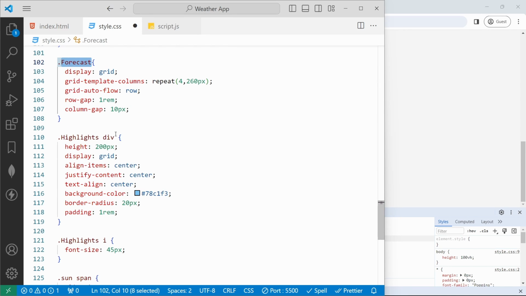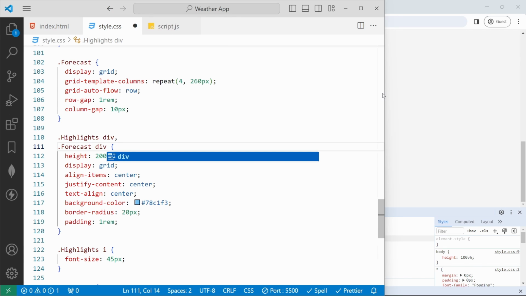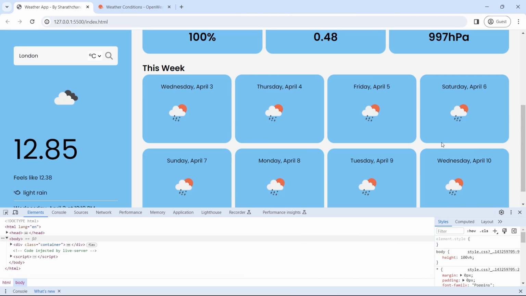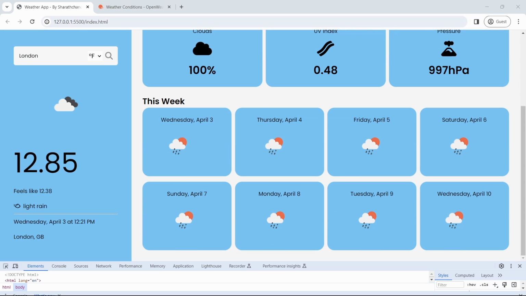So what we can do, we can add the subclass of concatenation with dot forecast with div. If I save and go to the browser, now we are able to see the designs here. Now we have added the values to the Celsius. If I change to the Fahrenheit and click search, it is not changing, right? So for that, I will jump to the